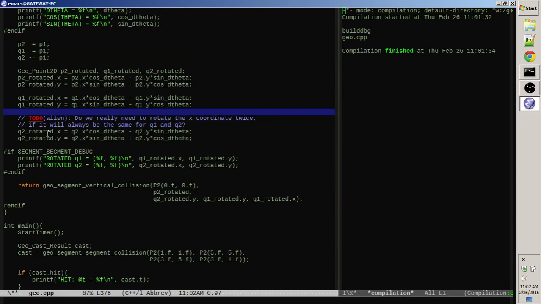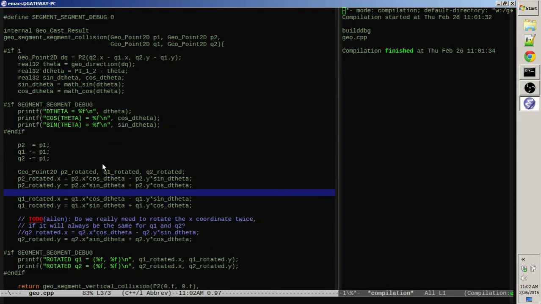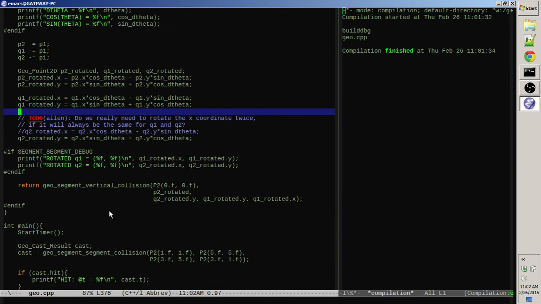For example, right here, the very first thing that comes to mind is that we said we don't need to do both rotations on the x. So let's say we take that out, because we don't actually need to compute it. And another thing that occurred to me was, here we're doing the multiplication twice. I don't know if doing the multiplication twice is worse than just storing it, but the other big one was,